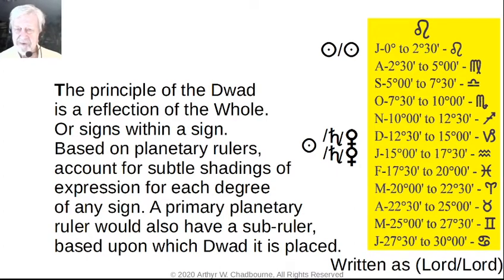Now let's say, for instance, that you had the sun at 1 degree Leo. Well, that would be a double sun system. You would see sun and sun, and the sun here is really strong. But if you had Venus, let's say, in the duad of 12 to 15, or from 15 to 17:30,